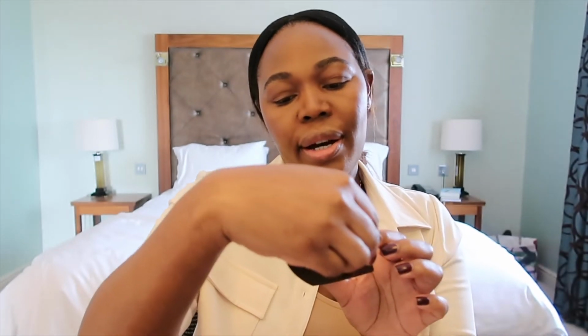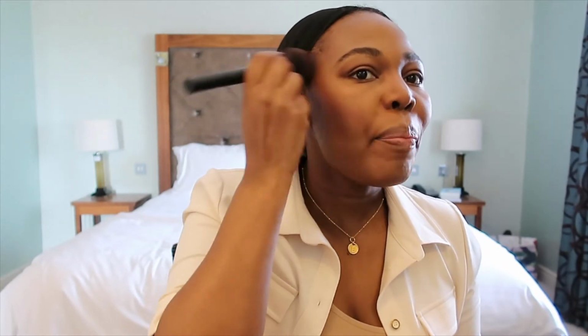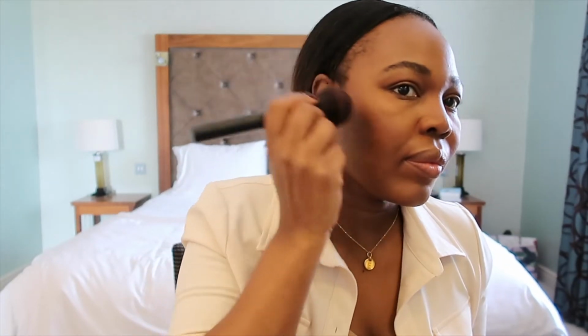And then if I want, I can add a little bit of Chanel. This one is the Harmony de Blush. This one here, and I just mix it all up. This is what it looks like. Mix it all up, and I come in with it on top of that Fenty powder just to give me that pop. And then I can put some here, some there, like that,